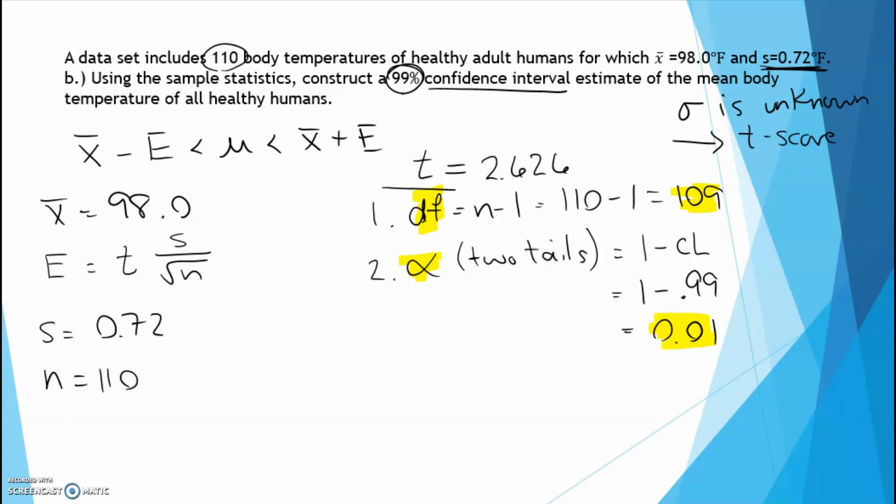Okay, now that I've got my t-score of 2.626, I can find my margin of error. So my margin of error is a t-score times s divided by the square root of n. So that will be equal to t is 2.626 times s is 0.72 divided by the square root of 110. Okay, that will give us